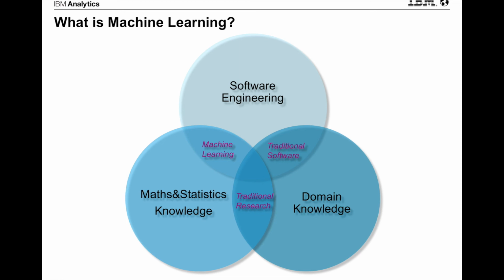When statistics and software engineering are combined, this is what we call machine learning. Machine learning is a discipline that studies how to use machines to simulate human learning activities. It is simply based on data, exploring and learning, and constructing algorithms to make predictions. So the three parts compose data science.